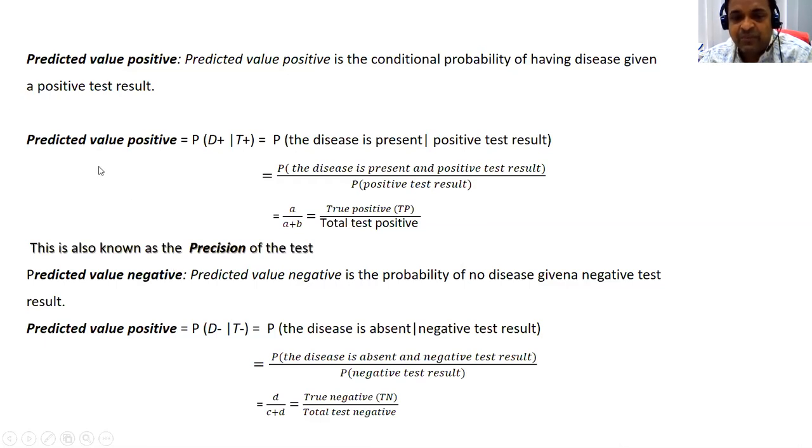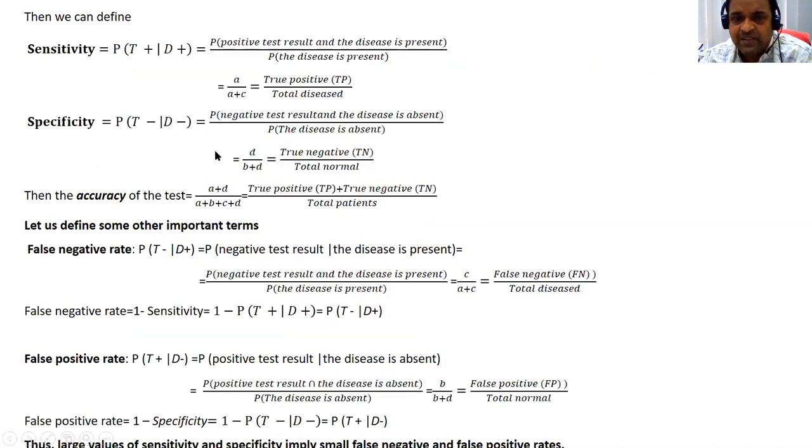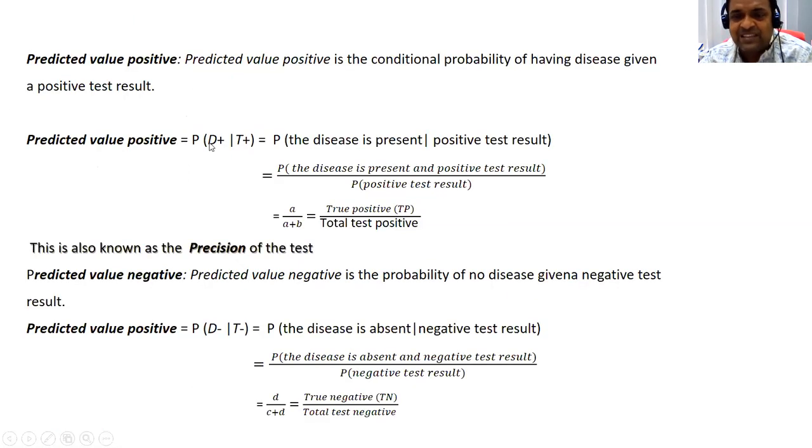This is also known as the precision of the test. It's a very important term. How can we understand that a test is precise? It is the probability that somebody who truly has the disease is also found positive in the lab test. This is the opposite of sensitivity. Sensitivity is the true test result given that the patient actually has the disease. Predictive value positive, or precision of the test, asks: given a positive test result by the lab, what is the probability of true disease?